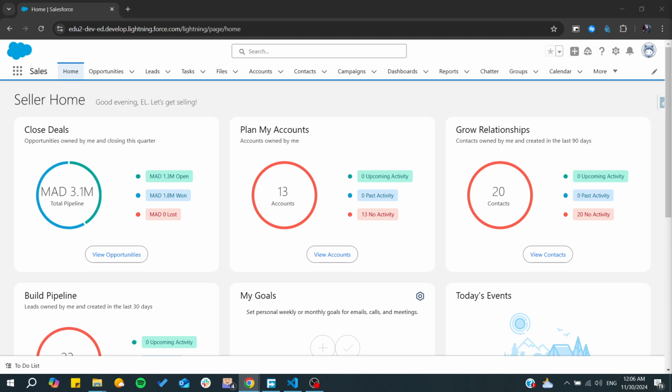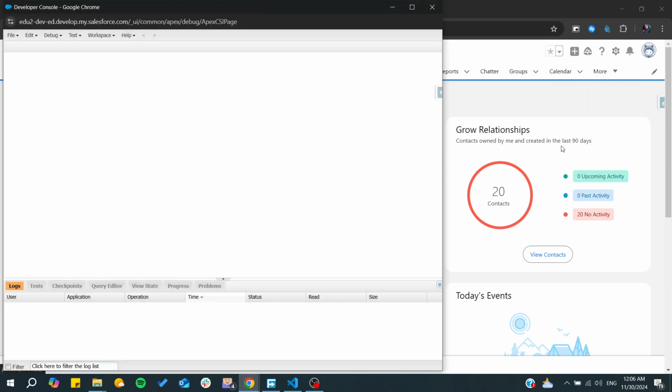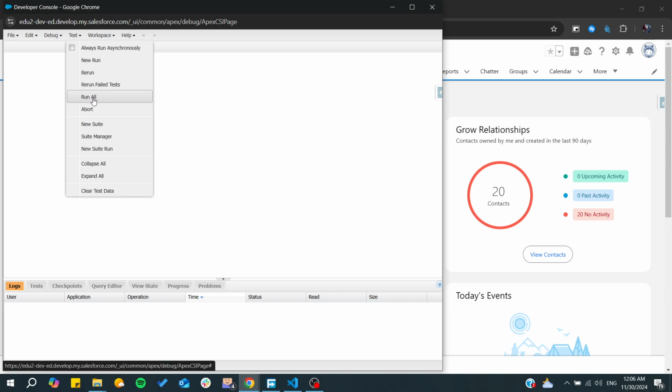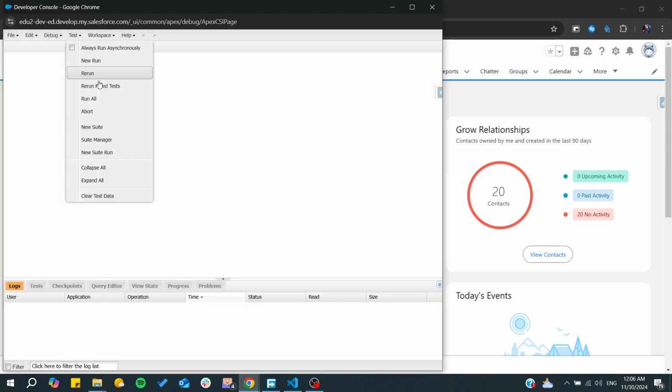Either you can do it from the developer console, and basically you just need to go to the setup menu, and from here we will find the developer console, and then after that we will need to go to tests. And simply here we will find all your tests. And as we can see, there is an option to run all the tests. You can always run asynchronously if you would like, but all you need to do is to use run all